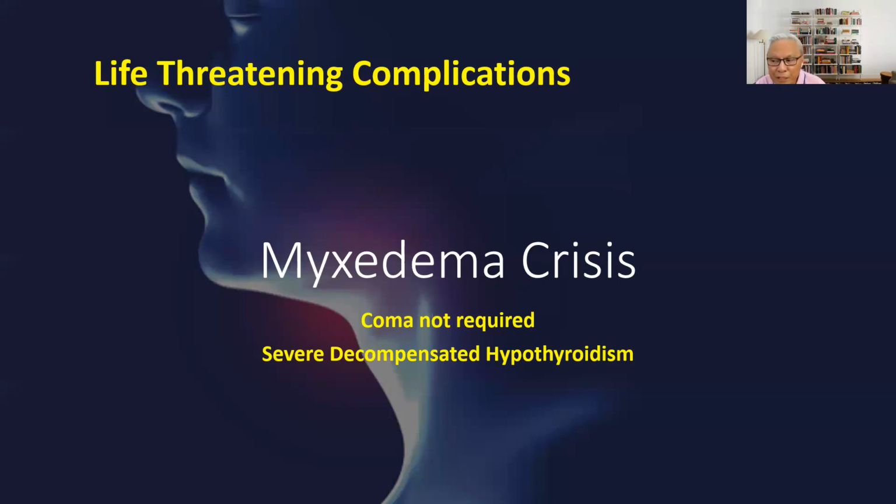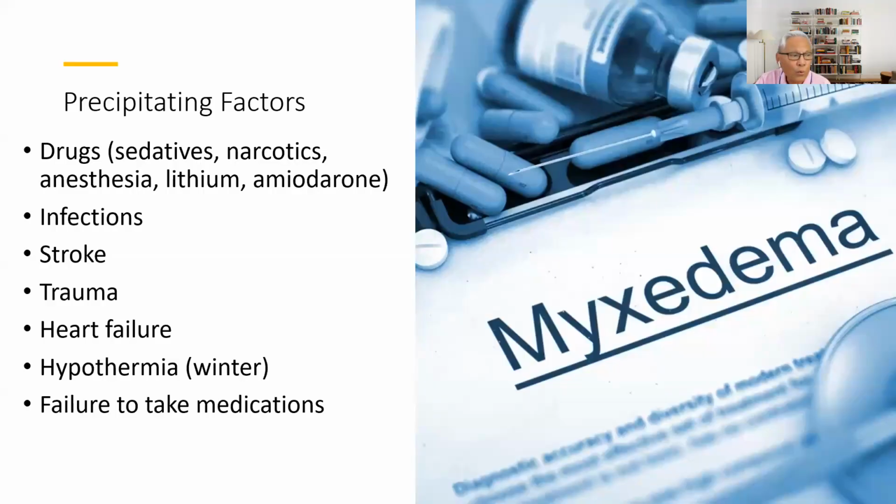It requires immediate attention. And if the diagnosis is suspected, the patient has got to be brought to the ICU because of the high mortality rate on these patients. So they have to be continuously monitored, and the initial therapeutic intervention would be airway management as well as thyroid hormone replacement and supportive measures. So what are some of the causes or the factors that increase the incidence of this emergency, the severe